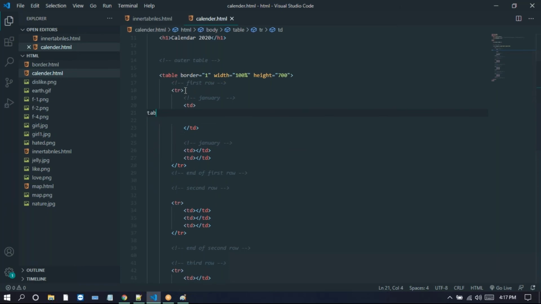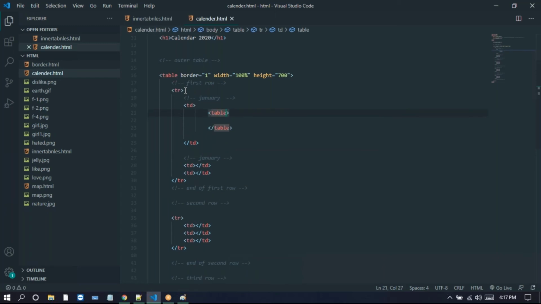I'm taking the width as 100% and the height as 100%. Now we just give the width and height 100% and create the table here.